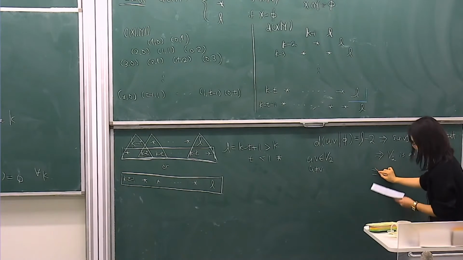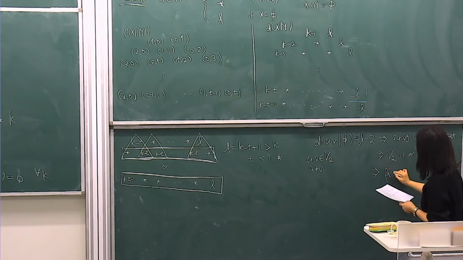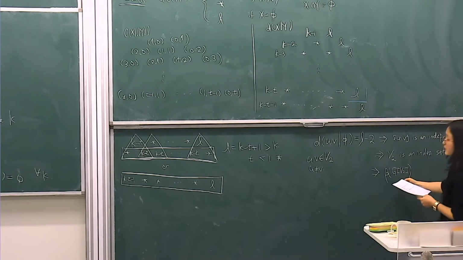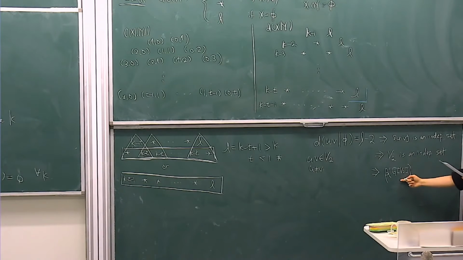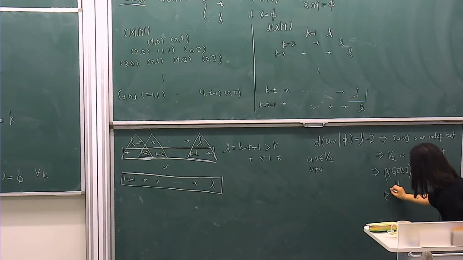So that implies we consider the total Betti number of this graph induced by V2, then it should be 0. Because for an independent set, the independence complex should be a simplex, so the total Betti number is 0. But we know that this is equal to this,